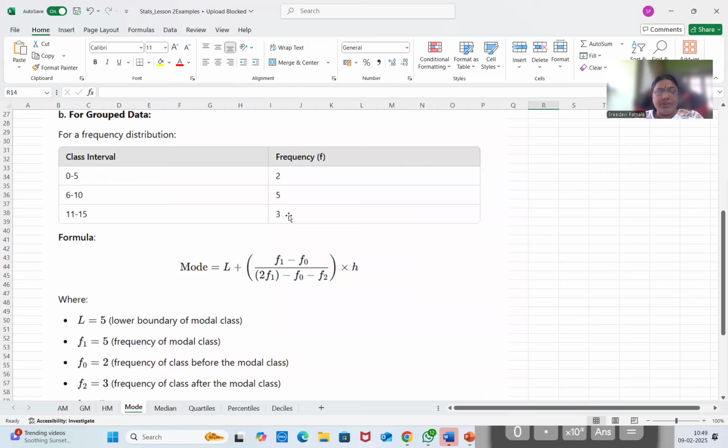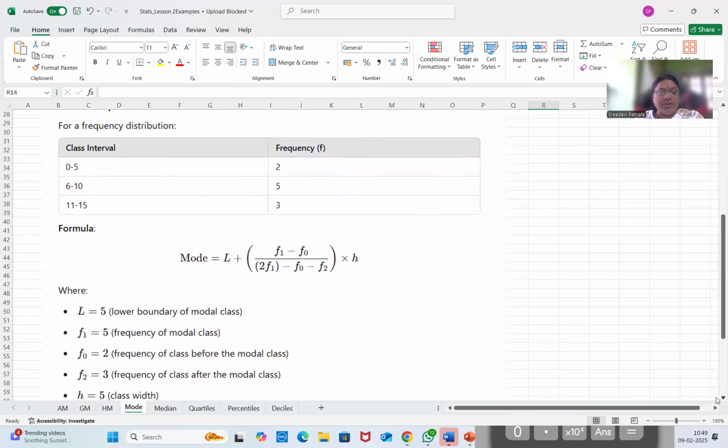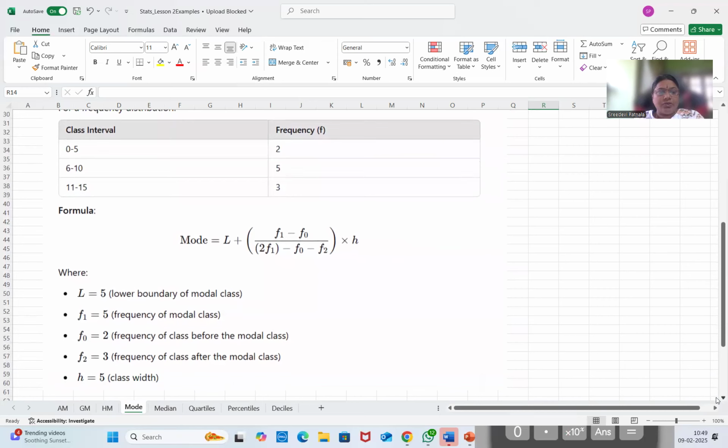F1. F1 is the highest frequency, which becomes your model class. So F is nothing but your 5. F1 is the frequency. F0 is previous, meaning F0 becomes your above value and below value will become the F2. So whatever the highest frequency is called F1, and above line you call it as F0 and below line you will call it as F2. And finally H becomes your class width. So class width is nothing but 5 here,